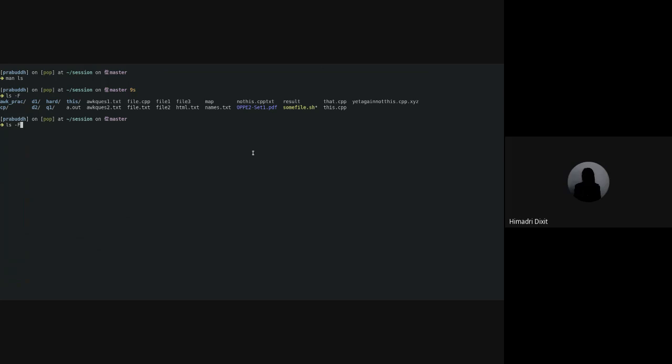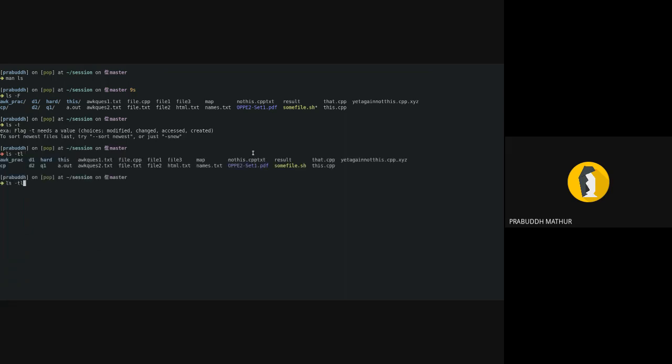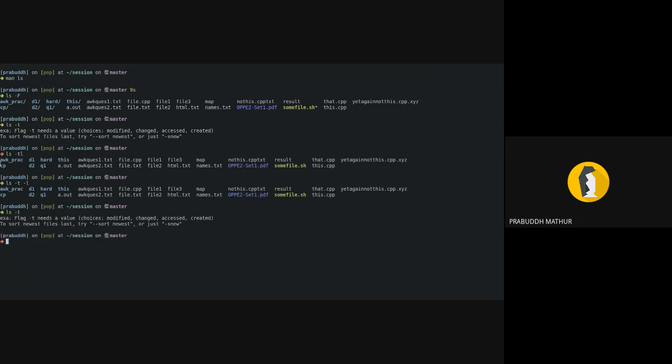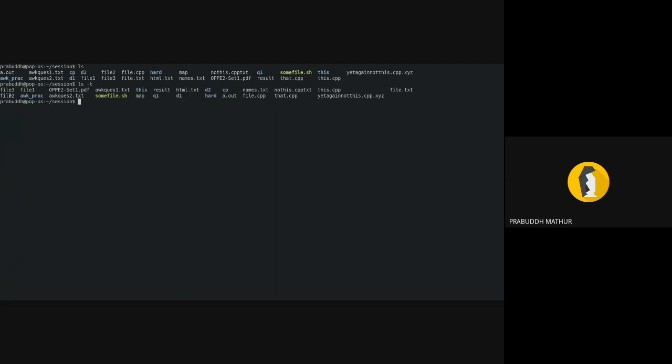I understood it. If someone else has a doubt, you can ask. So -t sorts with the newest file first. So ls -t gives the latest file that I edited.